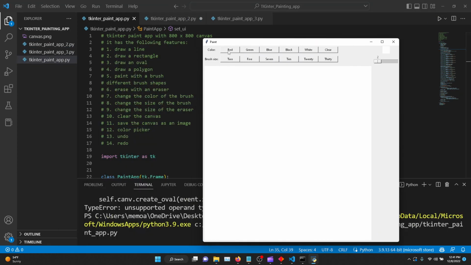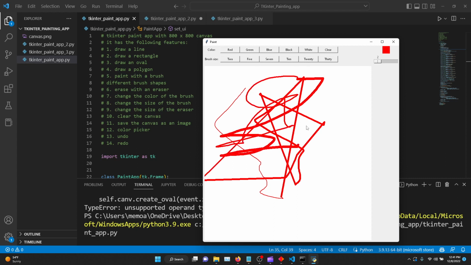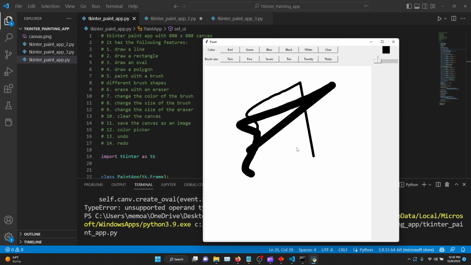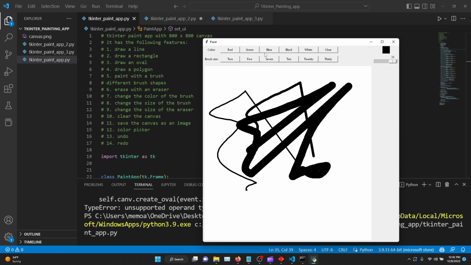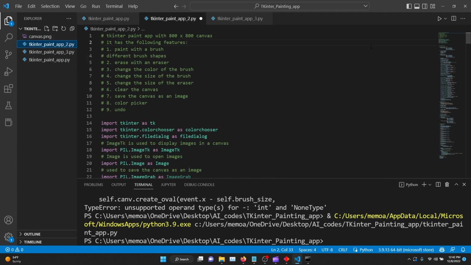Well, this was an interesting one. You pick a color, you draw, brush size is set here. It also connects the lines, which is cool. Something like that. You can change the color. You can clear it like that. This one doesn't really do anything. Anyway, so this is the first one, and the second one,